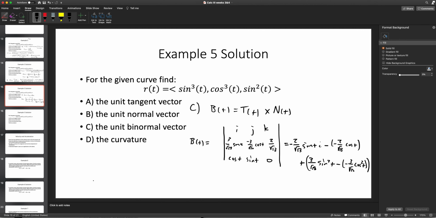Okay, we have to clean that up. So what do we get? Negative 2 over root 13 sin t i